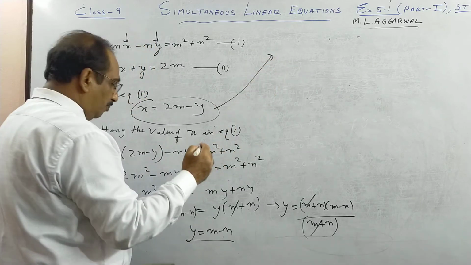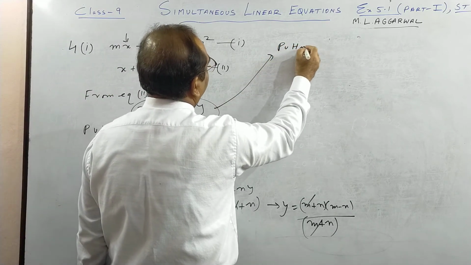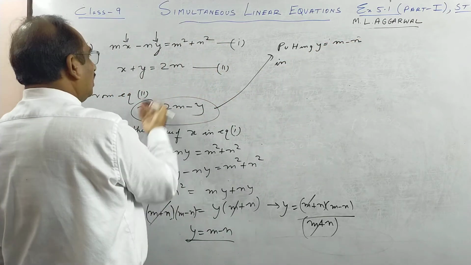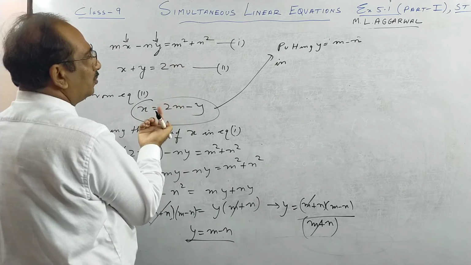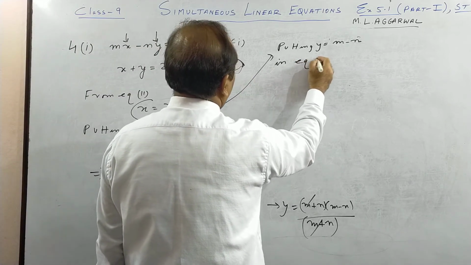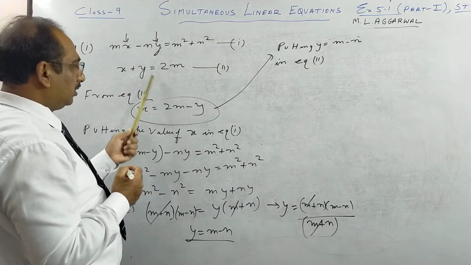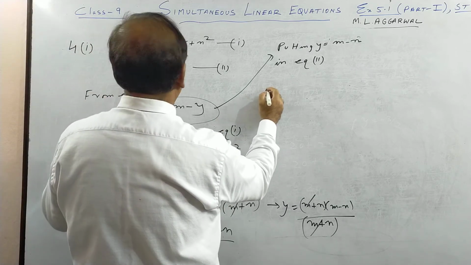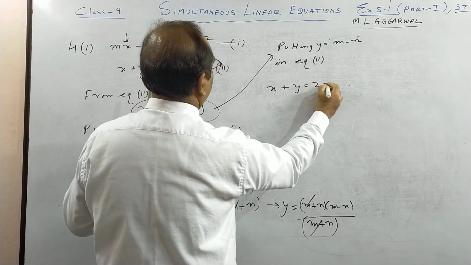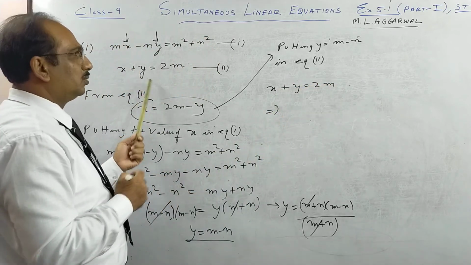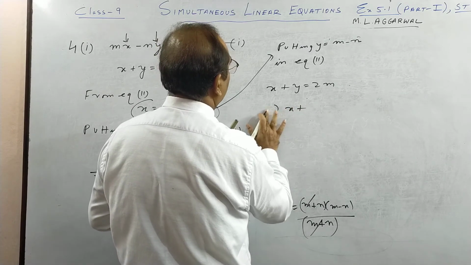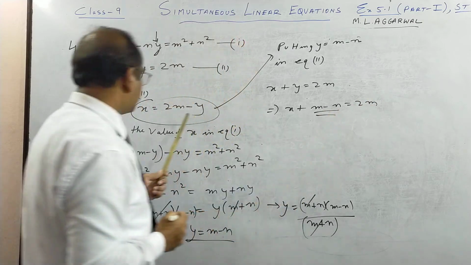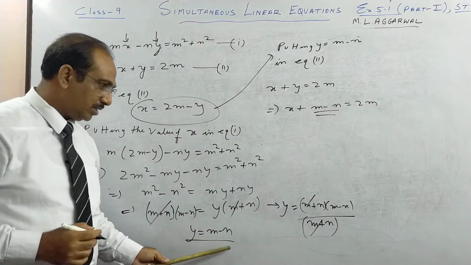Now here I'll put y. Putting y is equal to m minus n in equation 1, 2, or this is a part of 2. So in equation 2 also you can say this is nothing but just one thing transposed in equation 2. So here you see x plus y is 2m. So I am putting it in equation 2. What is y, children? x plus m minus n is equal to 2m. So in place of y, I write down the value m minus n.